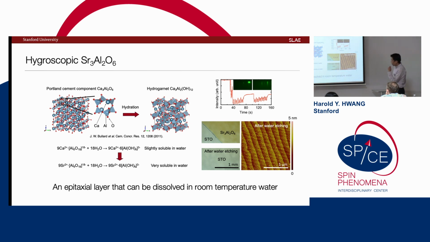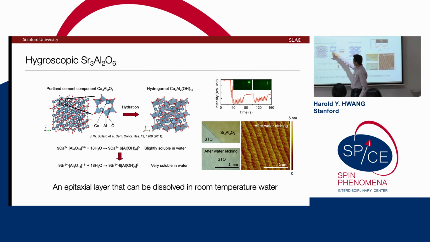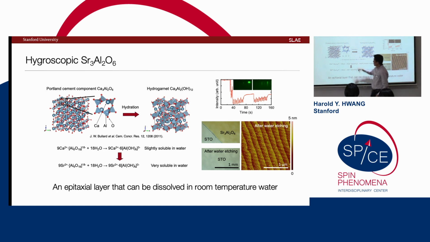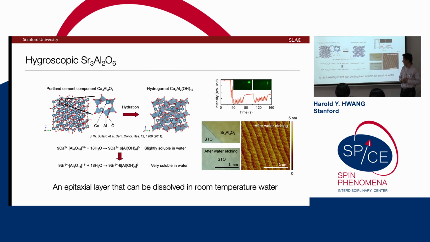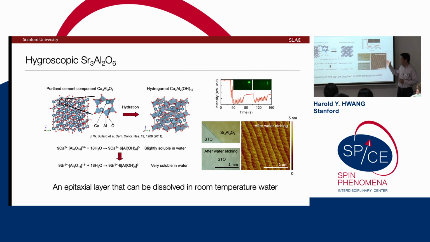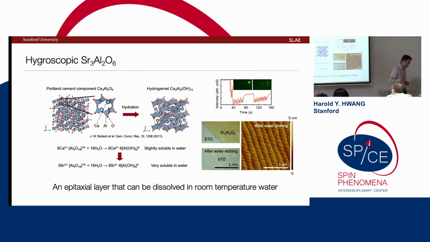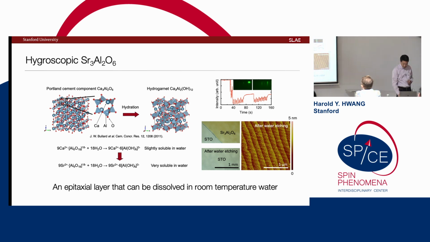Now, the reason a 3D aluminate can be so easily solvated in water is that this structure can be thought of as composed of six-member aluminum oxide rings. So you can dissolve this unit and get it out of the way. It's a very nice way to have a residue-free hard mask, is what we're finding.